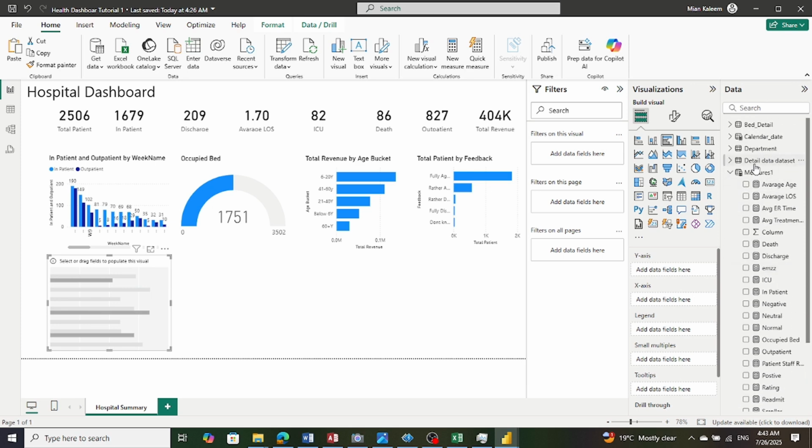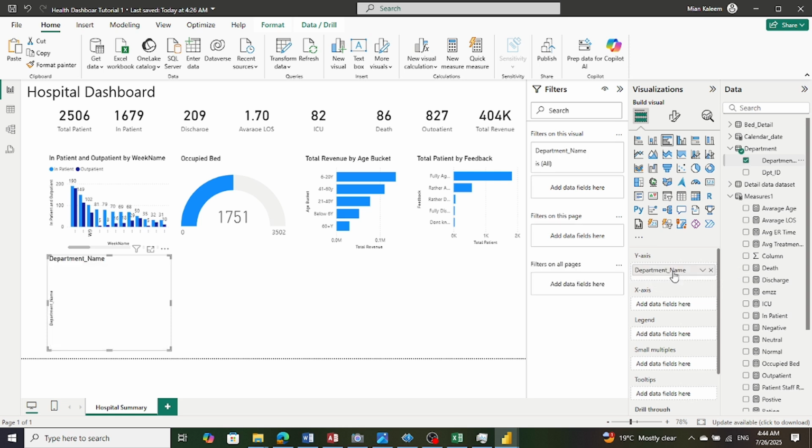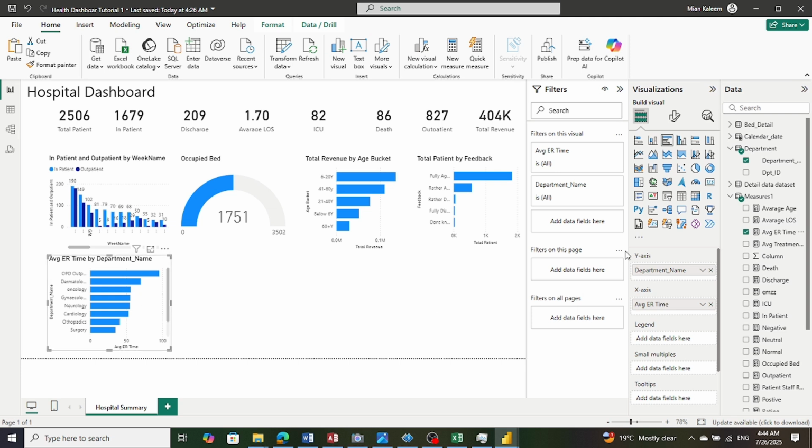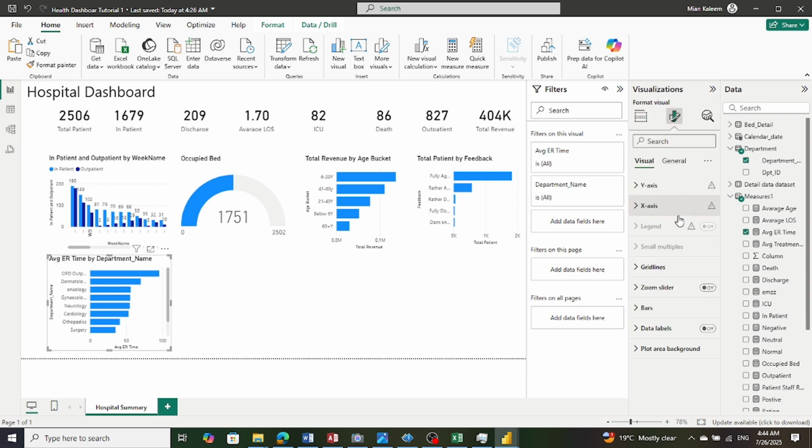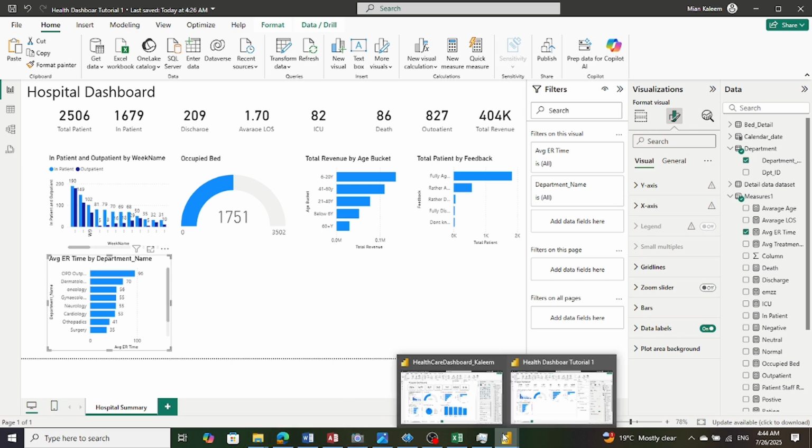So here we use department, and then we use this average ER time, and then we use the data labels. Okay, now we'll go